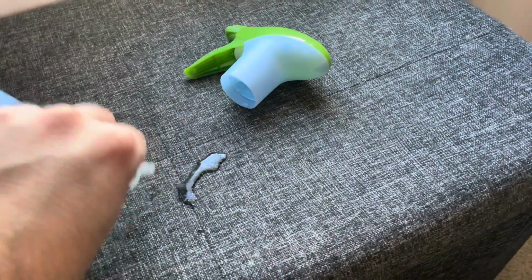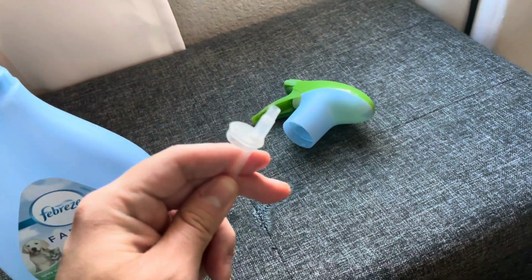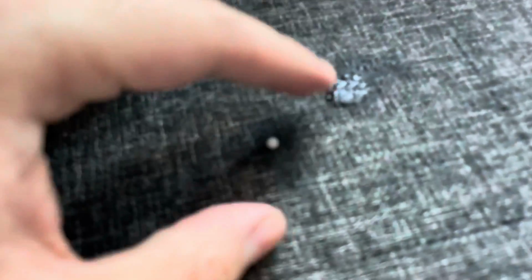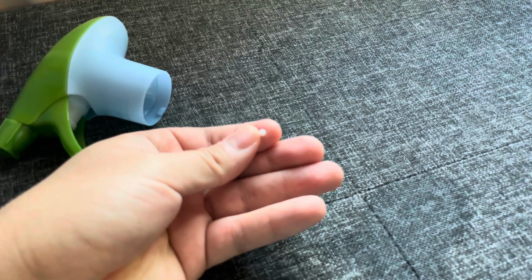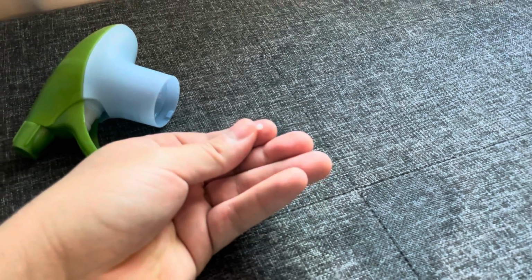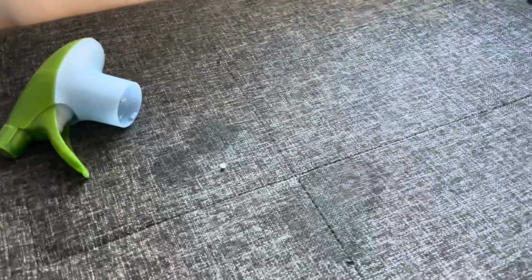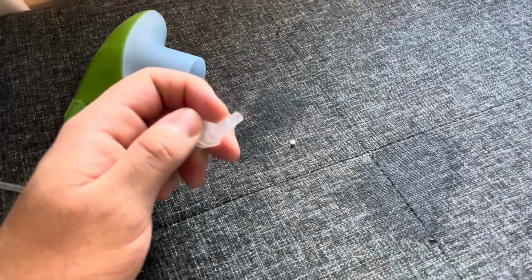It's some liquid, but okay, so the little ball didn't come out with it, which means it must be stuck in here. So I'm just gonna, there we go. This little ball, I don't understand why Febreze uses this, but this little ball is what makes it all work. So what you wanna do is grab this little ball and stick it on the inside right